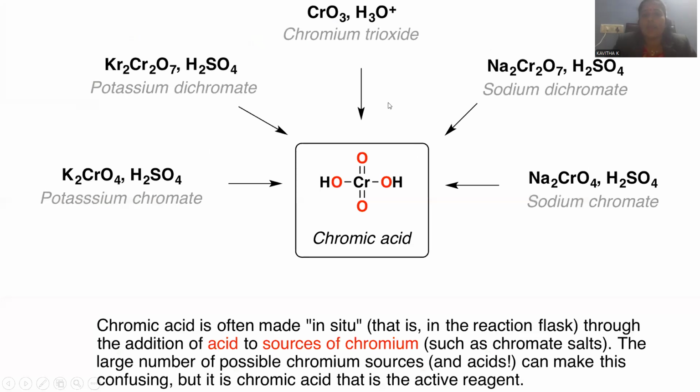And here is another important aspect regarding chromium compounds. So many chromium compounds you can notice. Na2CrO4 is called sodium chromate, Na2Cr2O7 is called sodium dichromate, and this is called chromium trioxide. This is potassium dichromate, K2Cr2O7, and K2CrO4 is called potassium chromate. Whatever compounds we have, upon reaction with the organic reactants there is in situ generation of chromic acid. This is the one responsible for the oxidative reactivity of these chromium compounds.